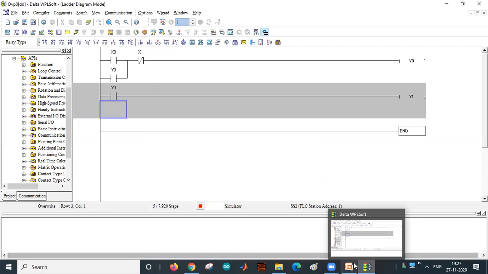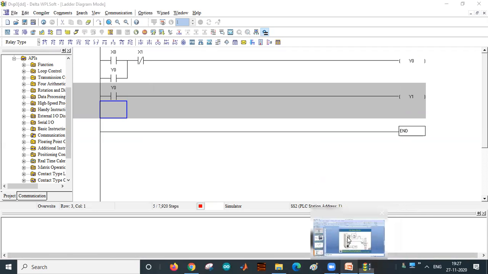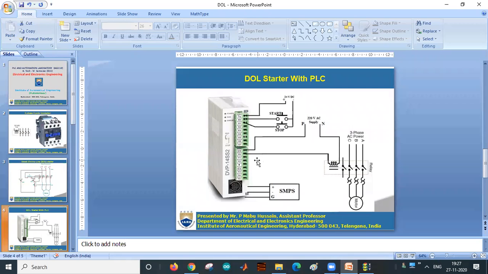So let us assume that for Y1 one green bulb is connected, and for Y2 one red light is connected. So when the motor is running, the green light has to glow. When the motor is stopped, the red light has to glow.